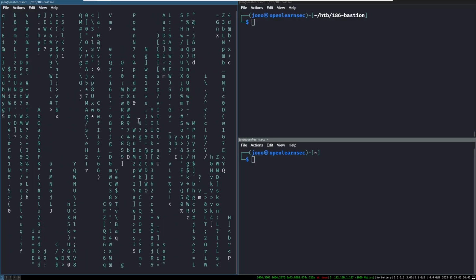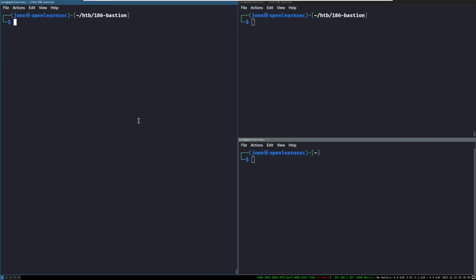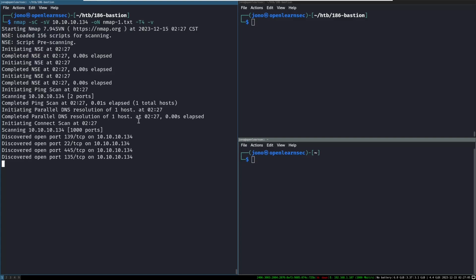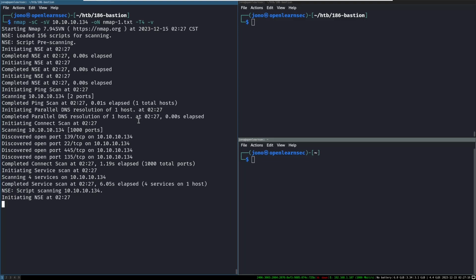10.10.10.134 is our IP. And the first thing, as always, is we do some enumeration. nmap -sC -sV -oN nmap1.txt, -T4 timing, and let's have a look. So nmap is using the top 1000 ports, and we already see 4 ports are open, fairly common. It's going to go and run the version discovery and try and figure out what those particular